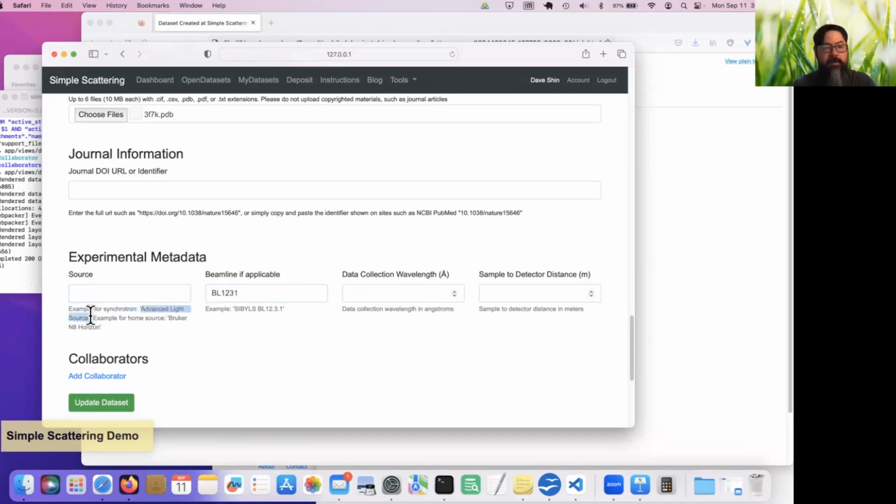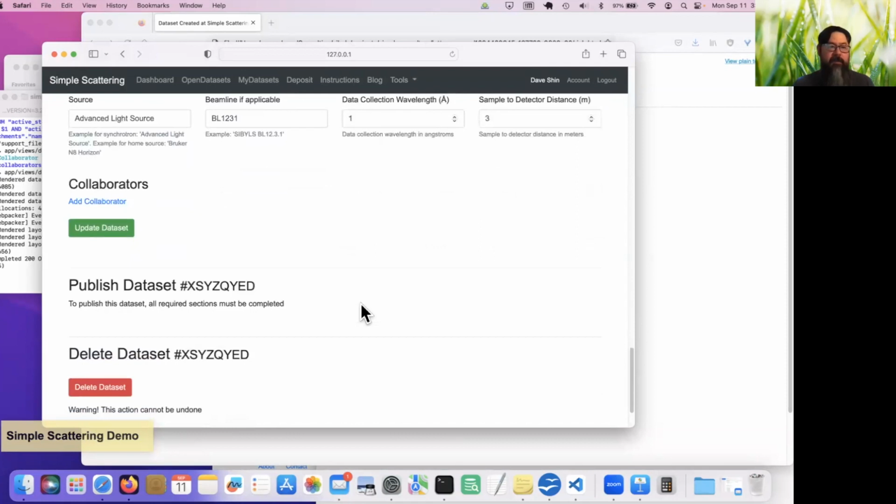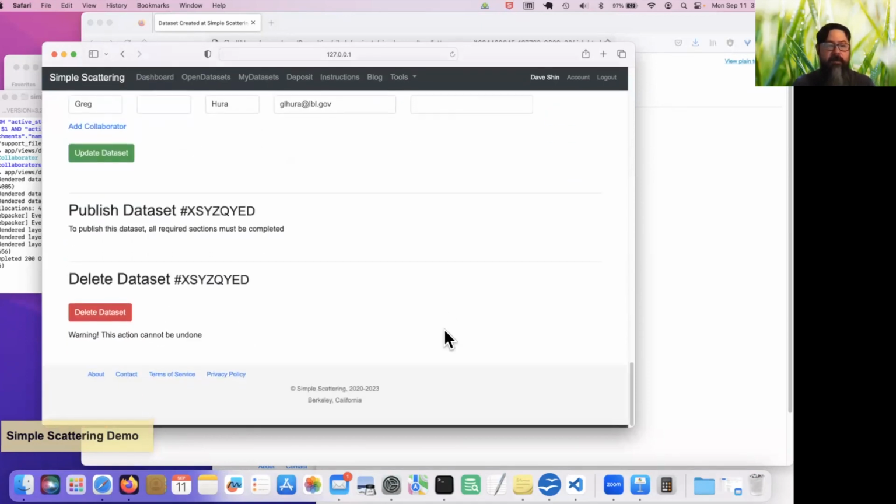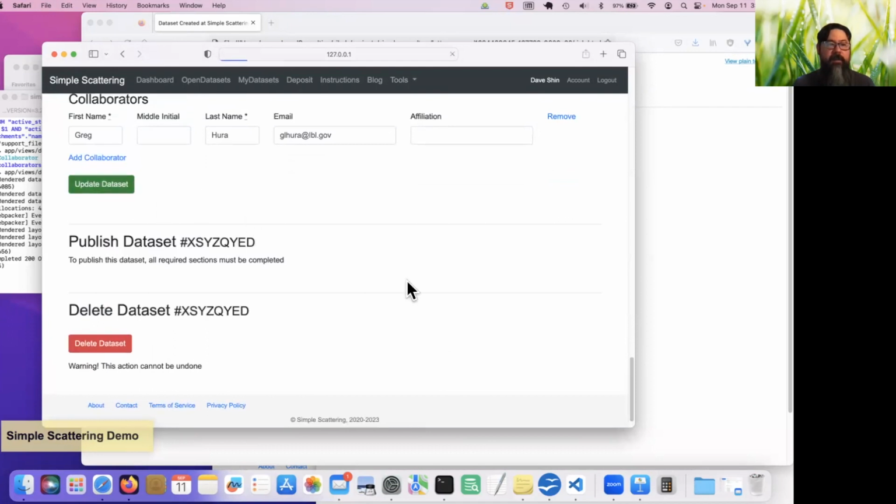And advanced flights source. And we'll say it was collected at 1 angstrom, and I can't remember, was it 3 meters? And then you can add some collaborators. So I'm going to say, we'll just say Greg and Jill for lbl.gov. Hopefully, after I update that,